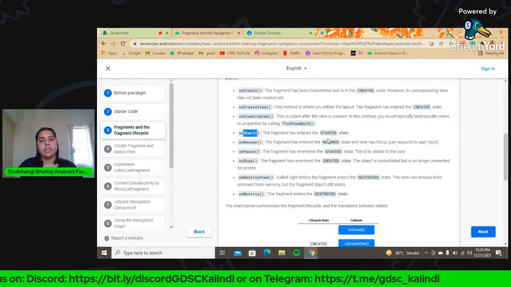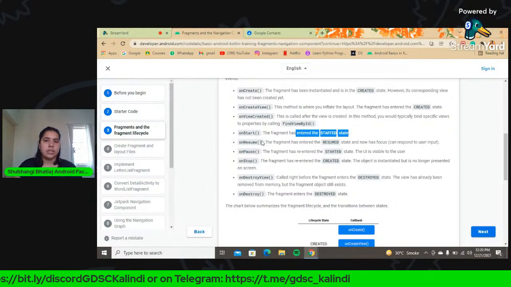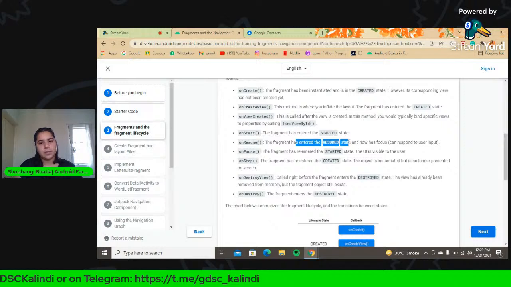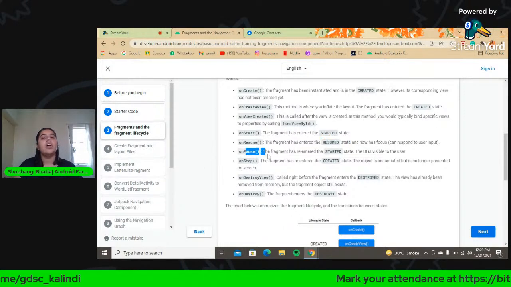Then on start, the fragment has entered the start state. On resume, it has entered the resume state and now it has focus. You can respond to the user input. On